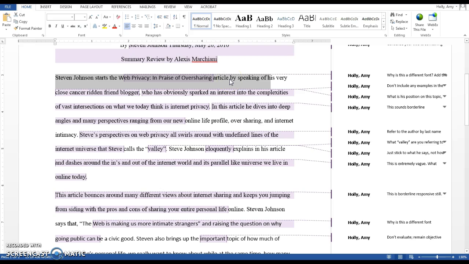Overall, what was their main argument in the essay? You don't want to go through the article chronologically, because the article may not be written so as to highlight the thesis and main ideas, whereas your summary should be organized to highlight the thesis and main ideas. If you just follow along chronologically with the article, you're going to end up with a summary that's almost just as long as the article.